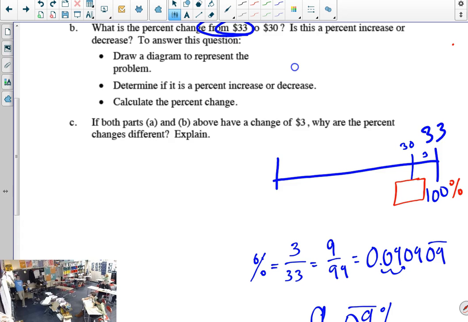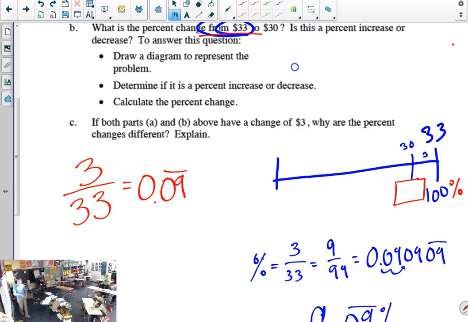It was up there. But this is a different situation. This is a different reference point, because we went from 33, that's our 100%. That's the whole thing. So when I say how much is this loss amount, we're calculating the part that we lost, which was 3 compared to an original value of 33, which, as angry as this makes you, comes out to be that repeating decimal. Let's round and make our life nice: it's 9%, or if you really want to, 9.1%. So that chunk is 9.1%.